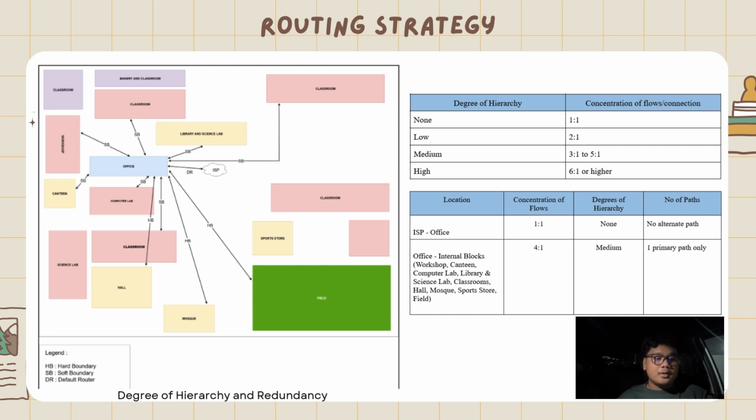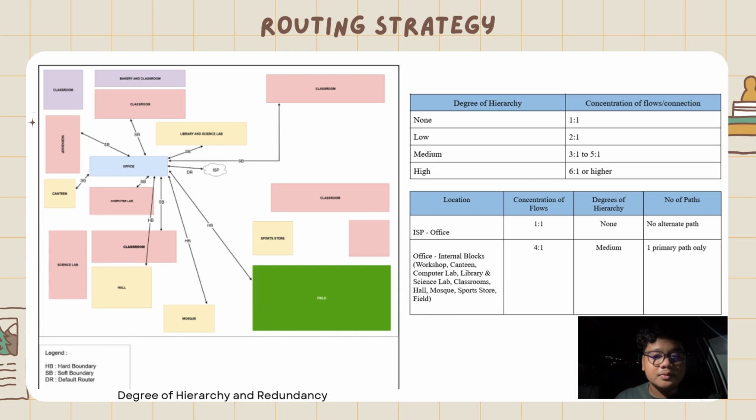network zones. The table on the right defines the degree of hierarchy: none for 1-to-1 flow concentration, low for 2-to-1 and 3-to-1, medium for 3-to-1 to 5-to-1, and high for 6-to-1 or higher, correlating with the concentration of network flow. The second table is specific to location, in which the ISP office has a 1-to-1 ratio with no hierarchy point, while